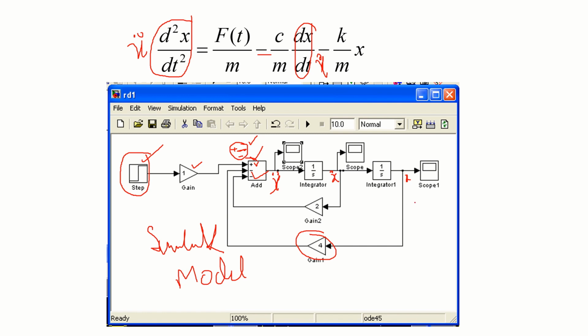once it runs, it will give you the value of acceleration. You can observe this from this scope. Velocity you can observe, and displacement you can observe. Basically, the dependent variable in this case is x. If I consider x as a mechanical displacement, you can find how exactly displacement varies with time. Here you get displacement, velocity, and acceleration of the system with respect to time when a step function is given.